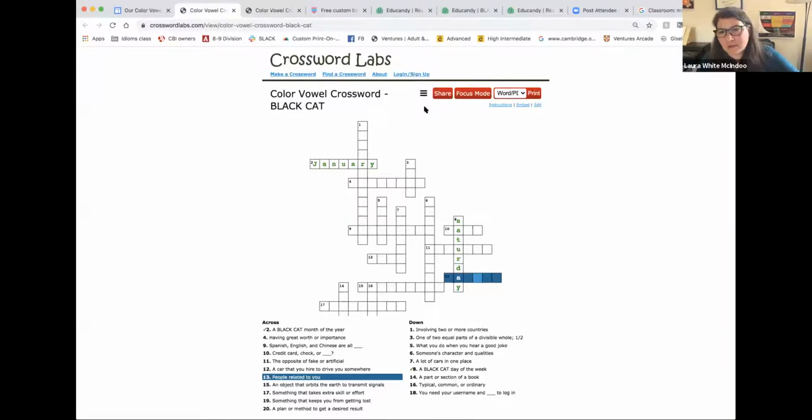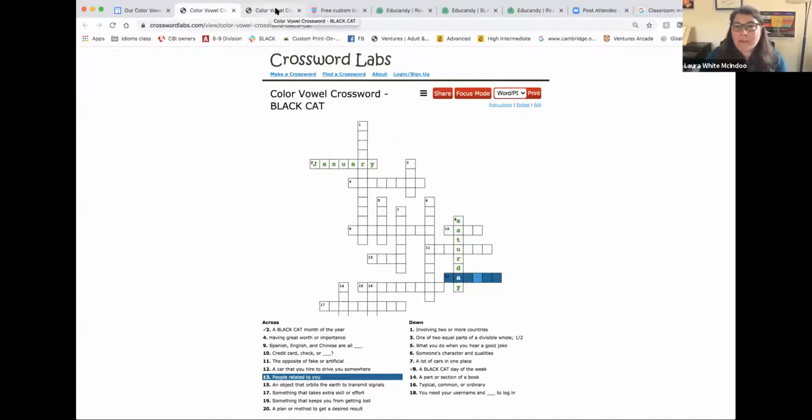There are no metrics, so I can't see if it went viral or anything like that. You know what I mean? The whole world is doing the Black Cat crossword. I don't know if it's just Jennifer and Karen or if there's been 200 people. But it's just satisfying. Some people love doing crosswords, so it's a great way to practice their pronunciation.